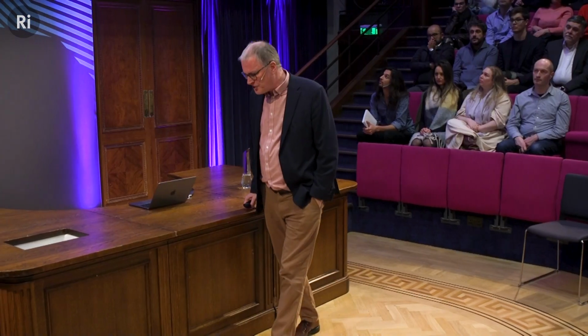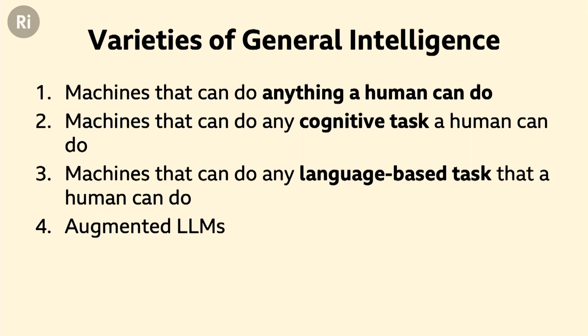Okay, the next version of general intelligence is intelligence that can do any language-based task that a human being could do. So anything that you can communicate in language, in ordinary written text, an AI system that could do that. Now, we aren't there yet, and we know we're not there yet because ChatGPT and co get things wrong all the time. But you can see that we're not far off from that. Intuitively, it doesn't look like we're that far off.